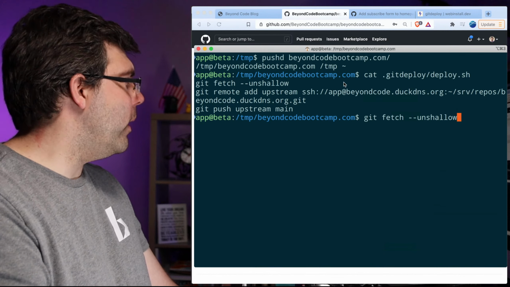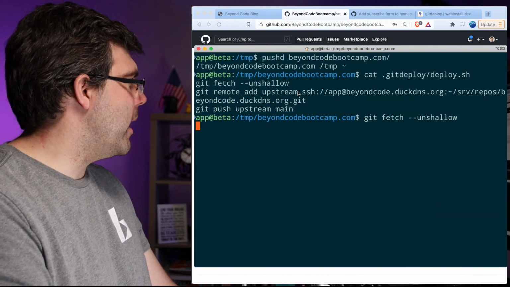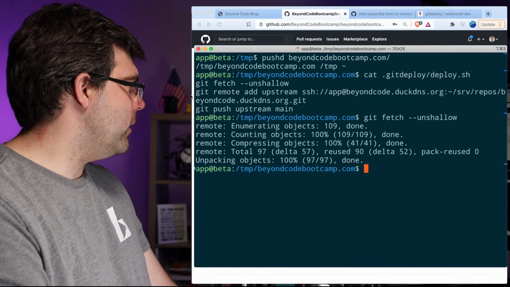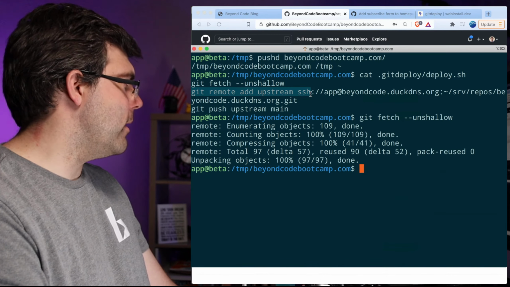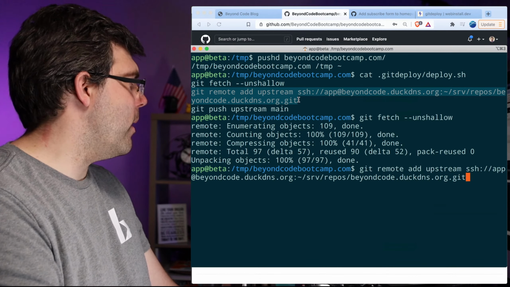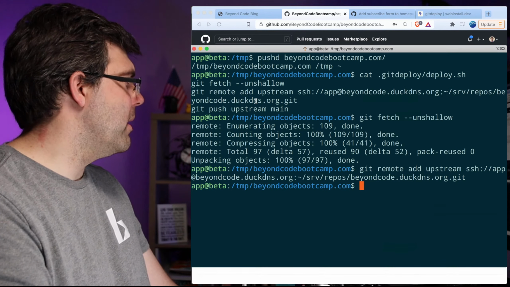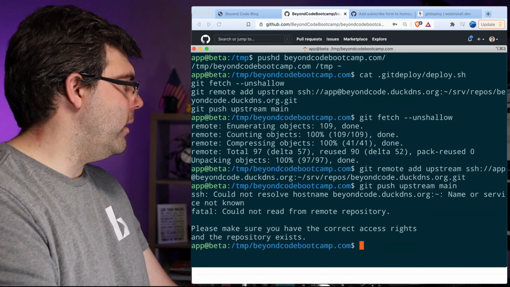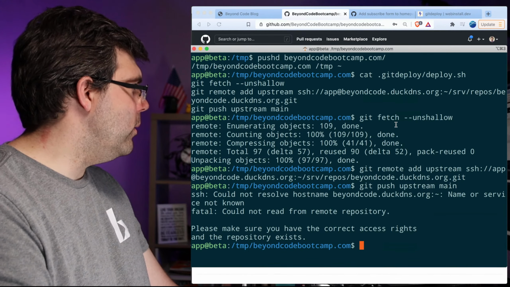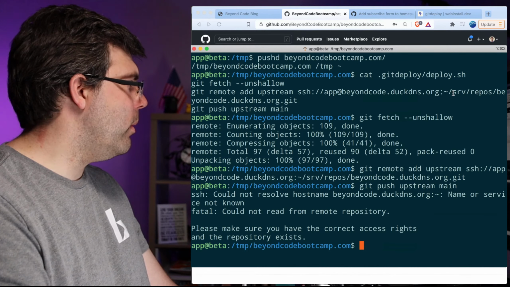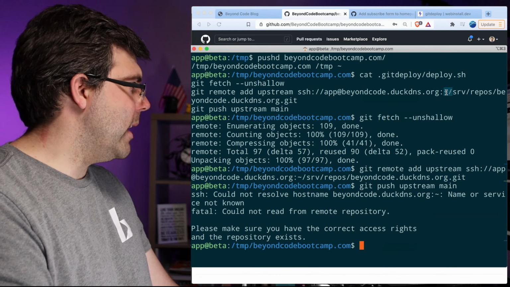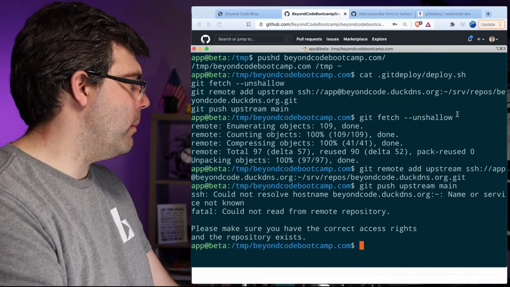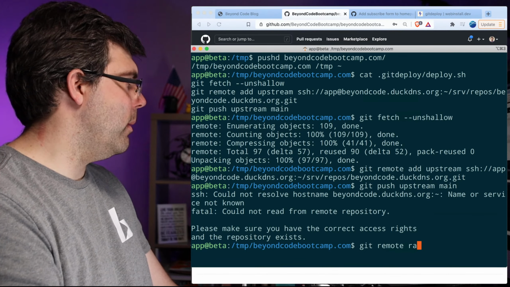All right, so now I need to do step by step my process that is in the git deploy script, and it looks like it's going to work. So I might be a little bit stumped here as to why this is not working. Add the upstream, done. Git push upstream main. Good. Excellent. So we do have a problem here. What is our problem? I know exactly what it is. It is the tilde slash. That's what our problem is. So I'm going to do a git remote rm. Actually, I'm just going to